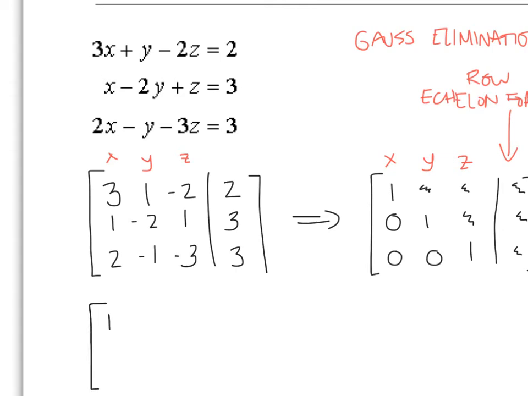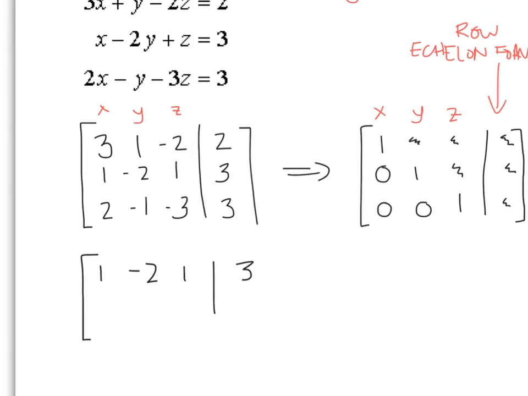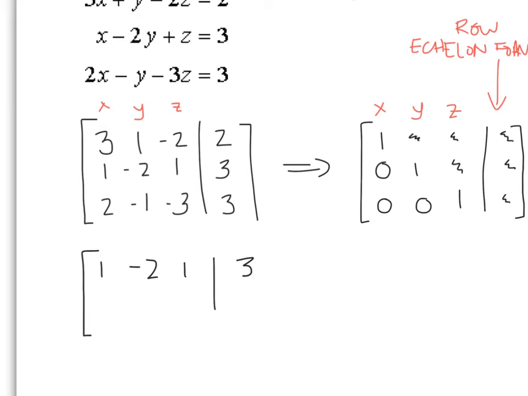So I'm going to just rewrite it, just switching those first two rows. And then 3, 1, negative 2, and 2, 2, negative 1, negative 3, and 3. Okay, so my first equation is basically good. I don't need to touch that anymore because I have the 1 in the top left corner. The next step is to try to eliminate this 3 down here in the second equation. So the way we can do that, if we think about our elimination,